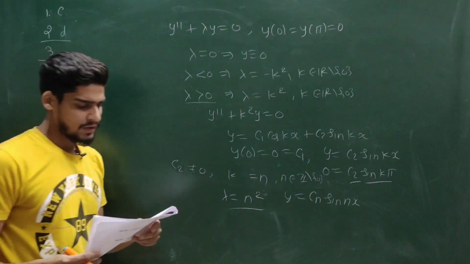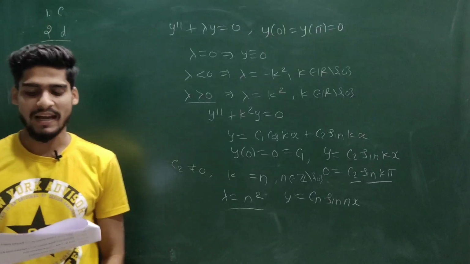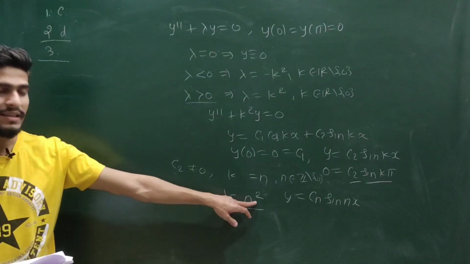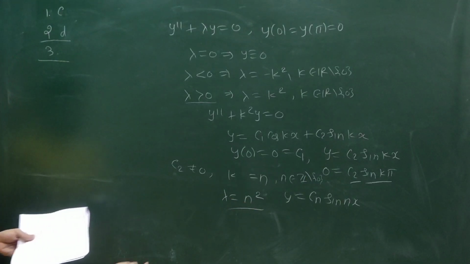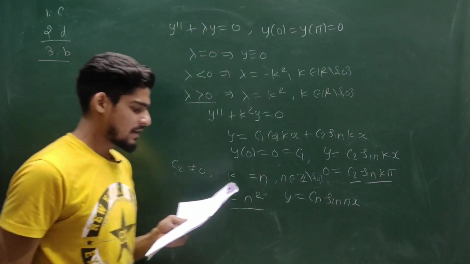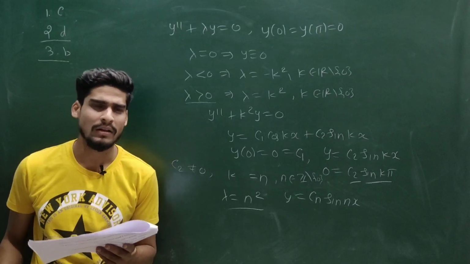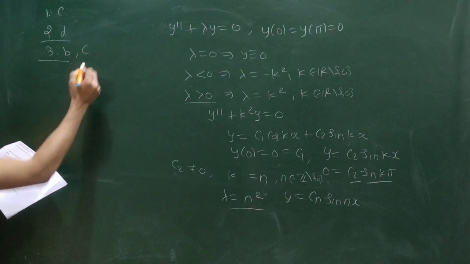Now if you see the option no values of lambda, that means there does not exist any non-trivial solution for any value of lambda, but this is false, because if you choose lambda to be n square, then you are having a solution. For lambda is equal to 1, yes, you are having a solution, you can choose n to be 1. So B is correct. C, lambda is equal to n square for all n belongs to natural number, n is bigger than 1. If you take n bigger than 1, then also you have a non-trivial solution. So C is also correct.